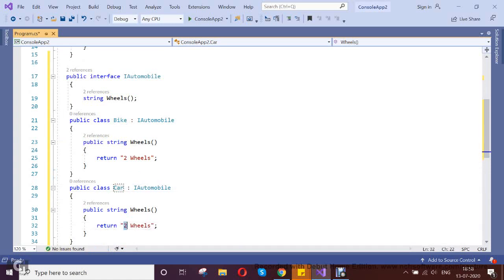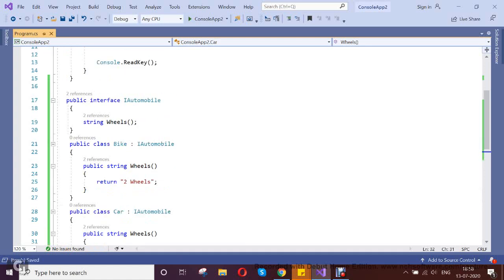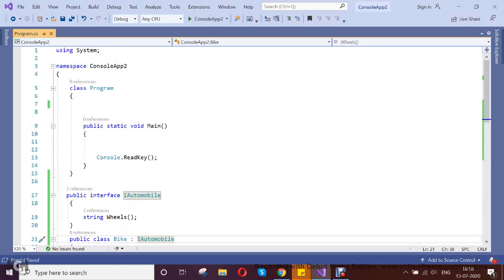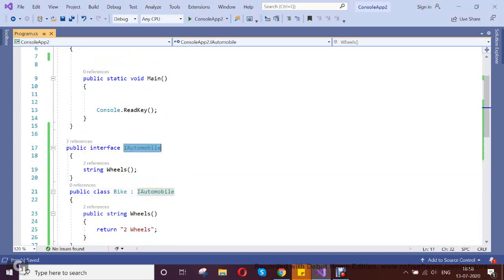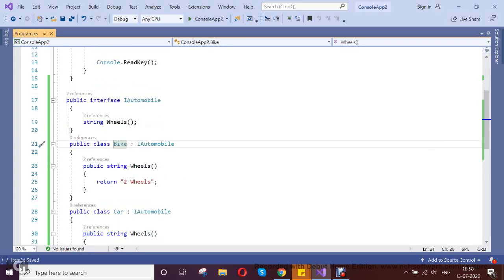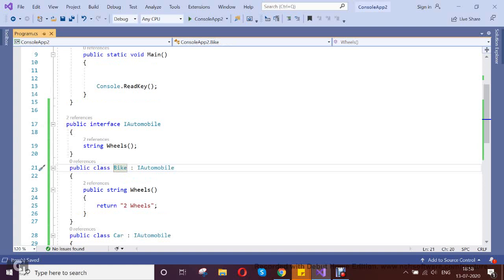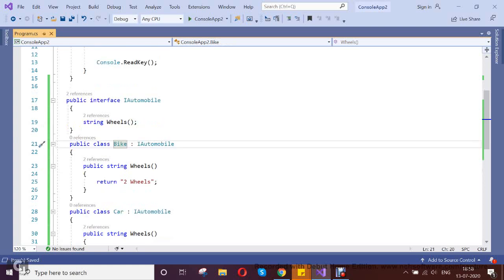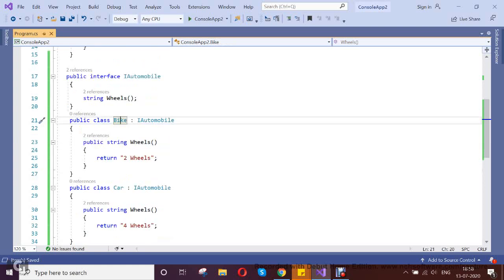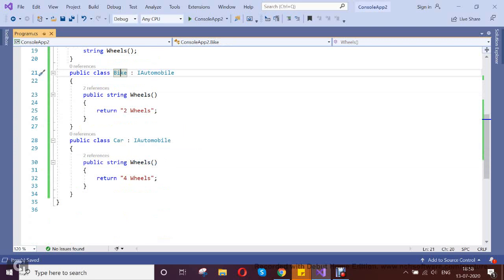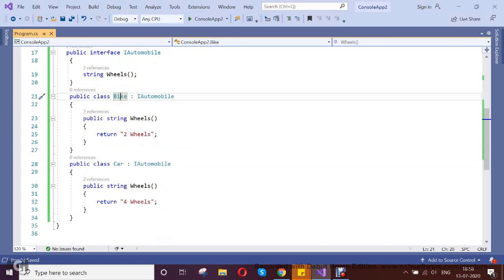Four wheels. Now what I want to do is print my vehicle based on my vehicle type. For example, if I want the detail of bike, then car, I need to use this entity. But again the principle is you should not directly contact your low level module.